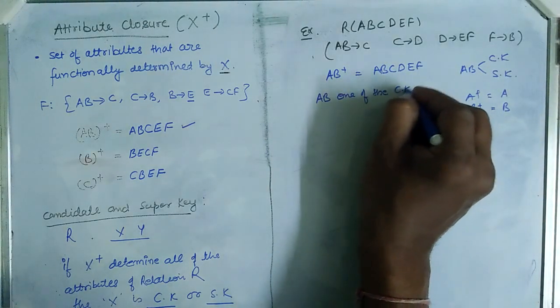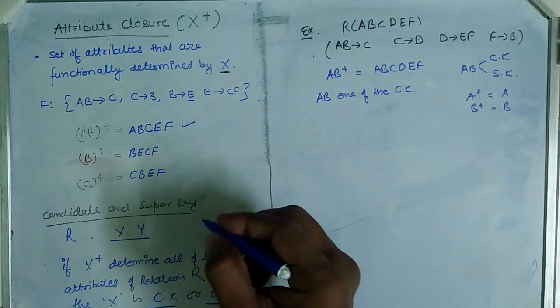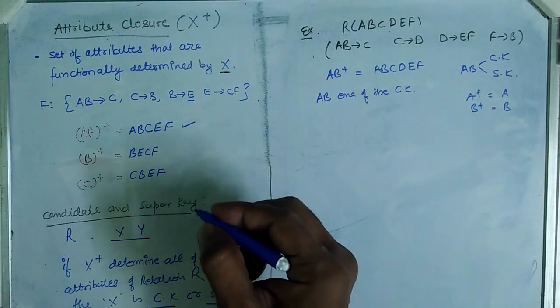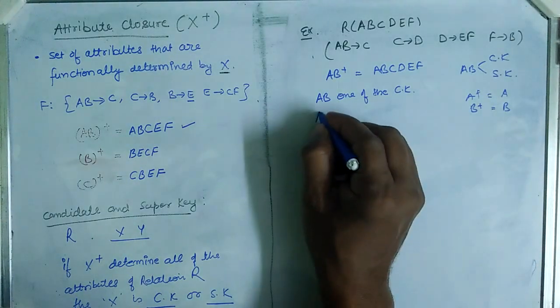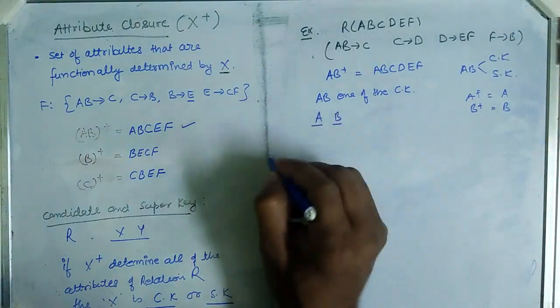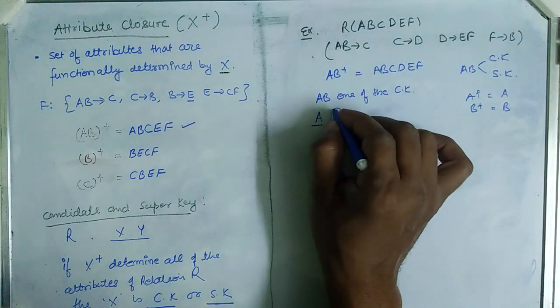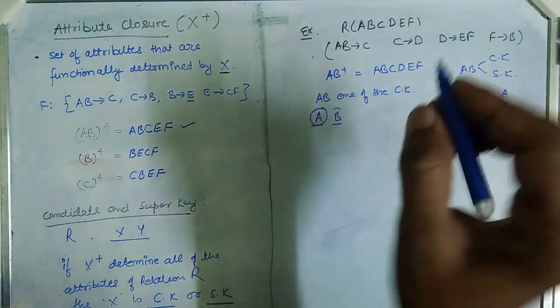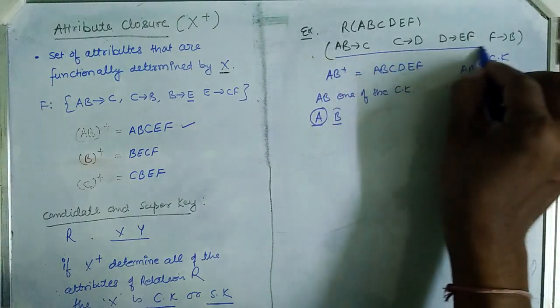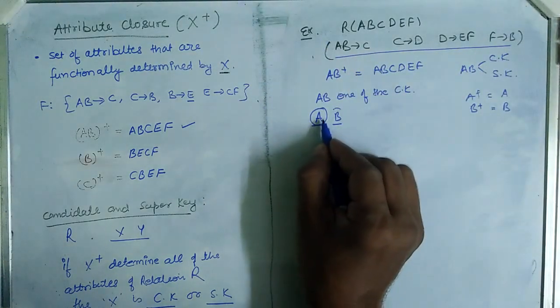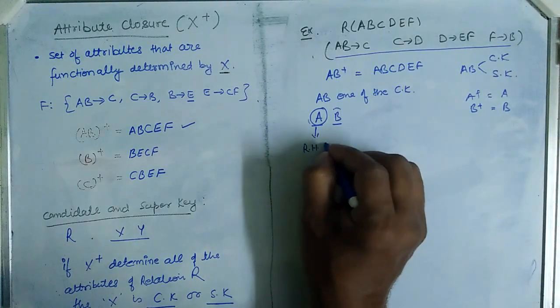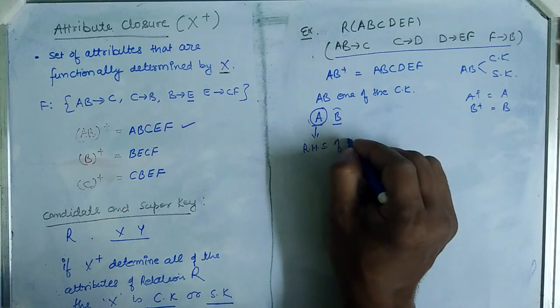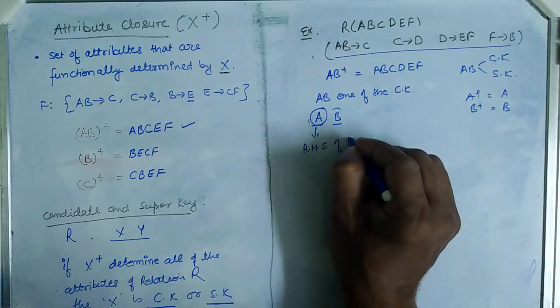Now to find out the other candidate keys in our relation, the simple rule is, because here A and B are the prime attributes, look at the prime attributes and look at the set of functional dependencies. So if you find any prime attribute at the RHS side of the functional dependencies, then half of your search is over.